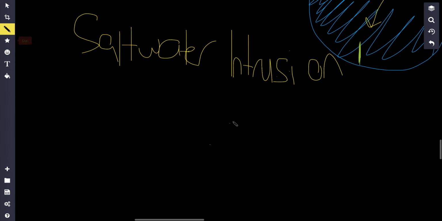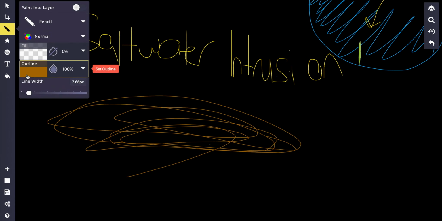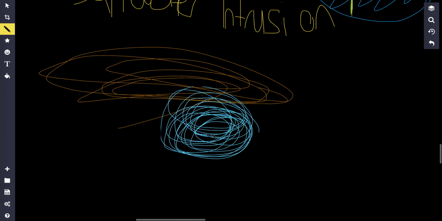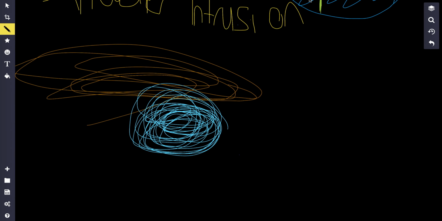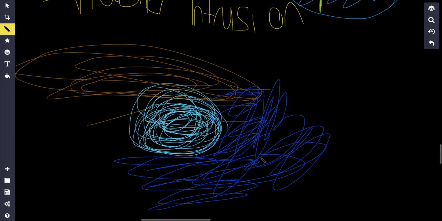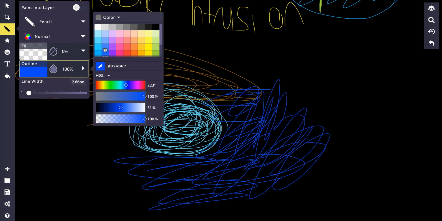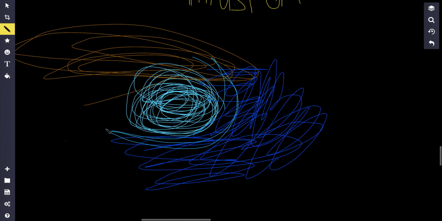So let's say this is the ground and we have some water here, all right? This is fresh water and it's in the ground. Now, you don't need to know the science behind this, but it's because of the density. Because salt water is denser than fresh water, it's going to go below the fresh water, and the fresh water is going to be above the salt water. It's a pretty complicated thing, but all you need to know is that imagine there's a barrier between the salt water and the fresh water. All right, this is the barrier.